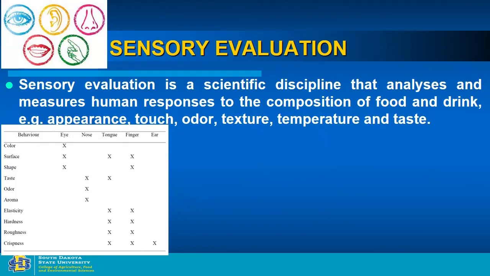Crispness, tongue, finger, and also ear. This is a big deal for me. So what is the ear going to play? If somebody is going to bite something, like for example if Nivedha is going to bite something, that sound is going to play a role, and then I'm going to think that it's a very crispy chip, a crispier product like that. So it's getting interesting, right? When you just read it, you probably question yourself, but when you're discussing with other people, they bring a different perspective, and then you try to understand a little better.